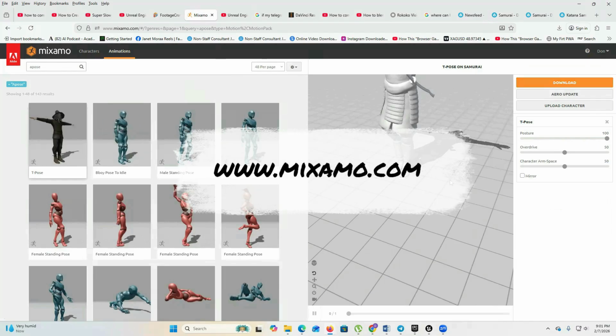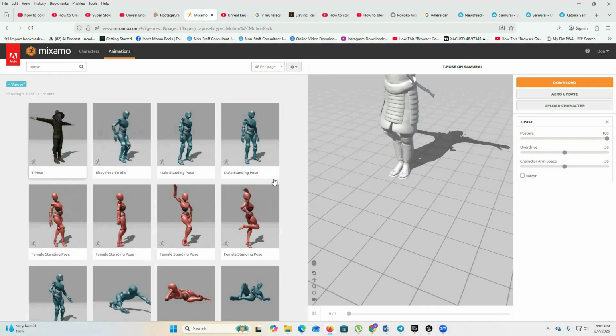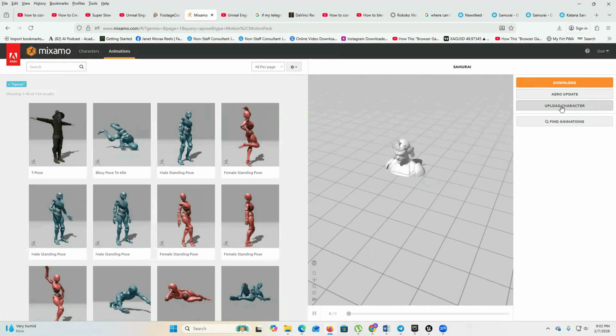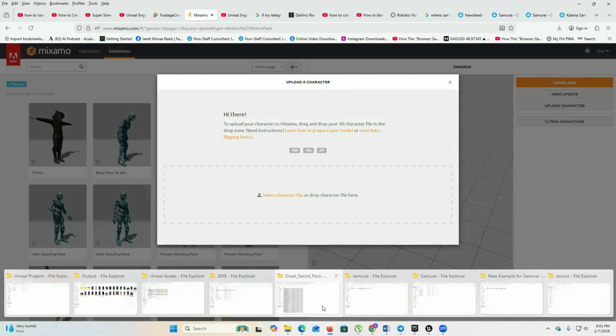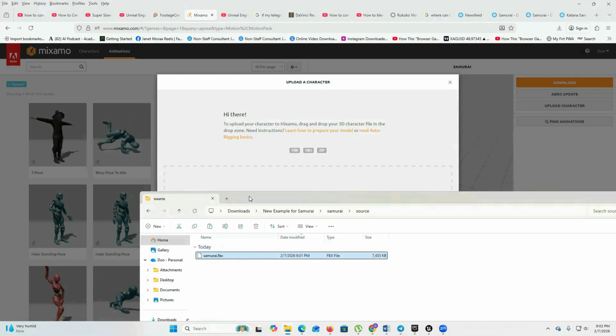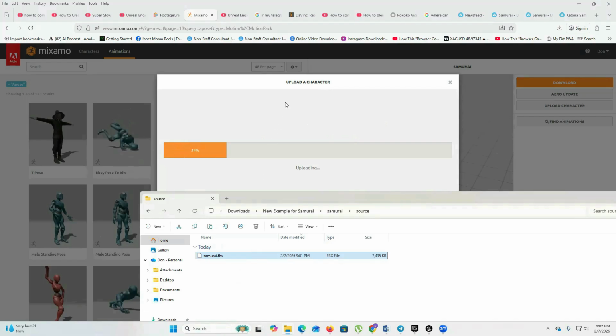So the next step is to go to Mixamo. So here we can see the samurai. I was actually working on the samurai before. And then I will click upload character. Then what I'll need to do is drag and drop the FBX file into this area here. So when I drag and drop the FBX file,